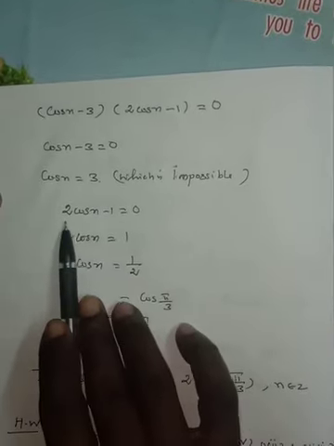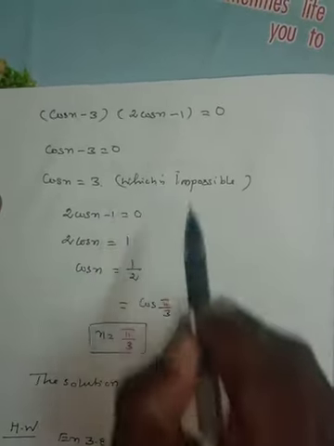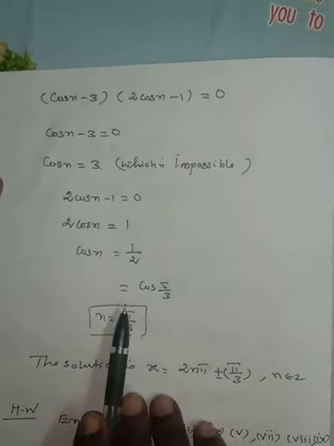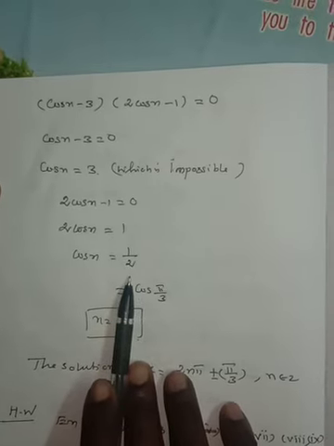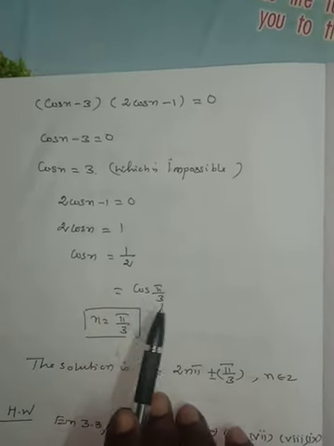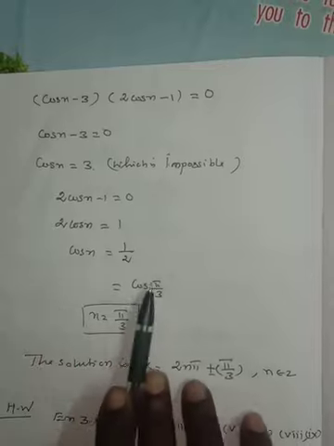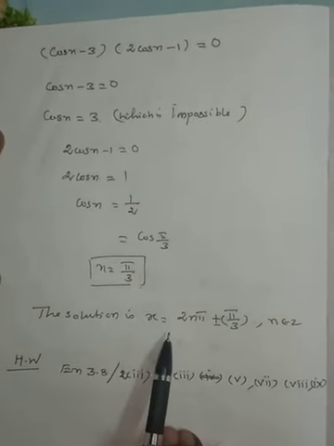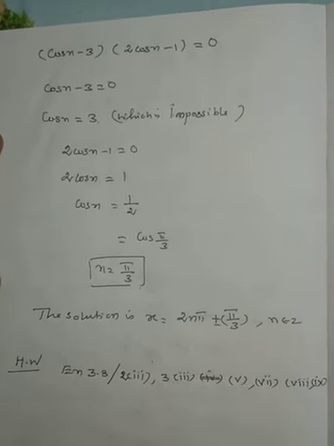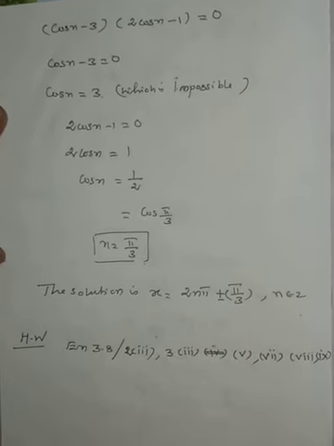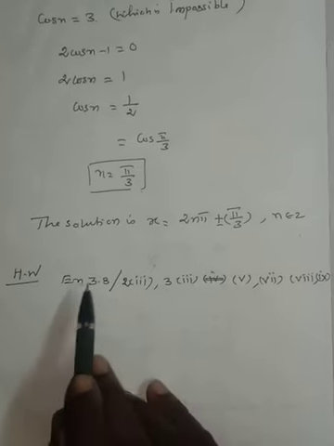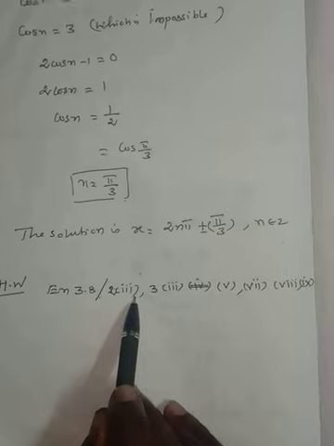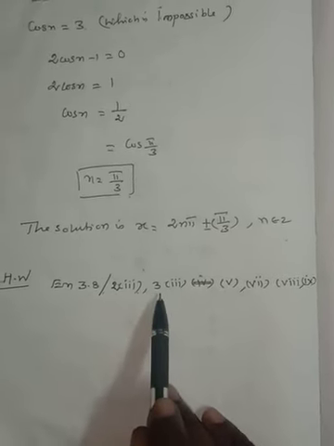Okay. Next, 2 cos x minus 1 is equal to 0. This means 2 cos x equal to 1, cos x equal to 1 by 2. Cos x in terms of cos, 1 by 2 is cos pi by 3. So taking cos inverse on both sides, we get x is equal to pi by 3. So the solution is x is equal to 2n pi plus or minus pi by 3, n is an element of integer. Hence the result. Today's homework: exercise 3.8, sum number 2, subdivision number 3, and sum number 3, subdivision